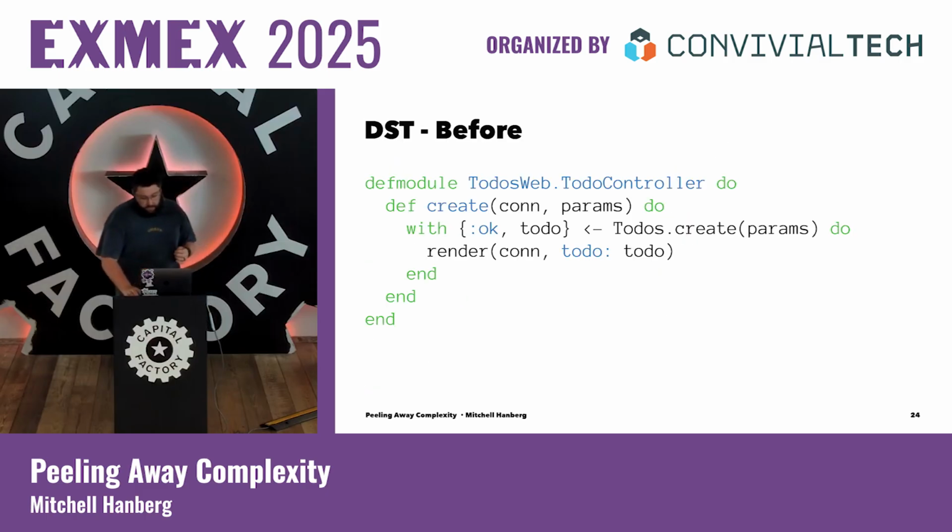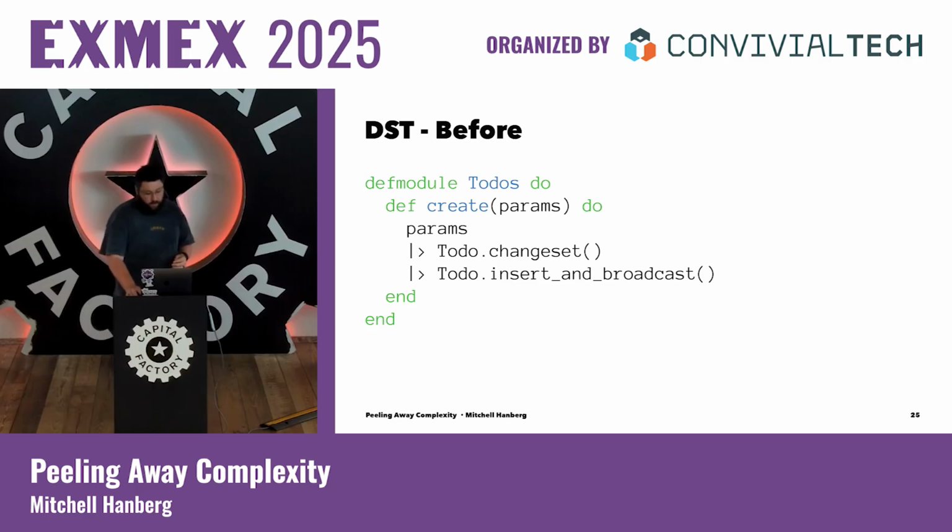So let's take a look at our to-do application in our dungeon version of our code base. Here it looks very normal. This is like straight out of what the Phoenix generator might create for you. We call our create function there, and we render the thing down to the user. Inside the create function,